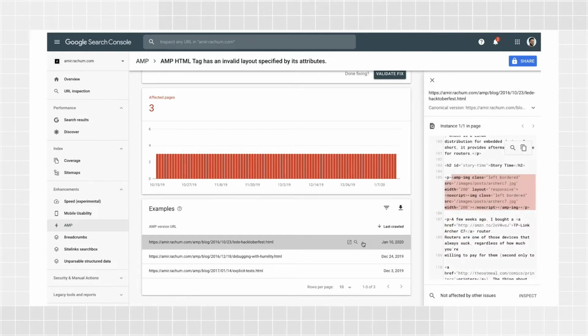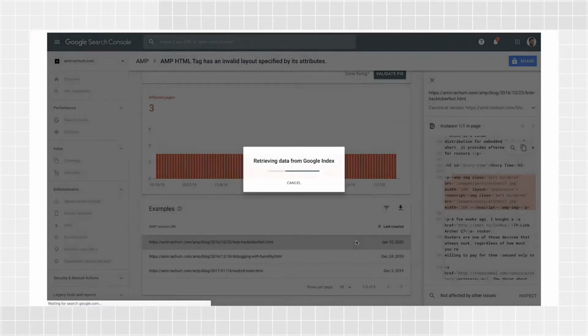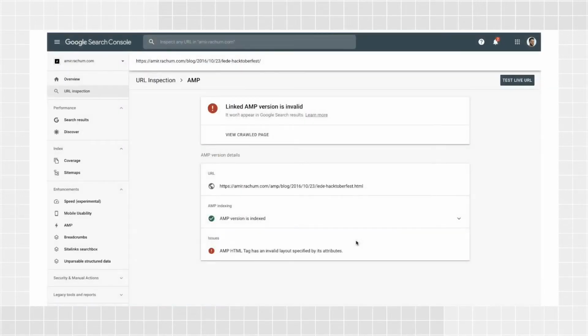If you want to see a full list of errors for a specific URL that is shown in the report, click the inspect icon next to the URL. This will open the URL inspection already discussed in this video series. This test pinpoints all errors, not just the current issue, and provides a code explorer highlighting the errors and providing